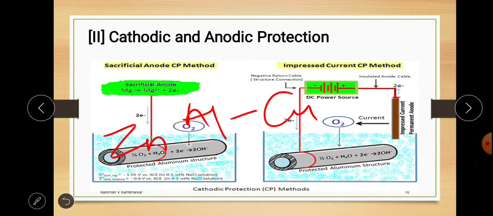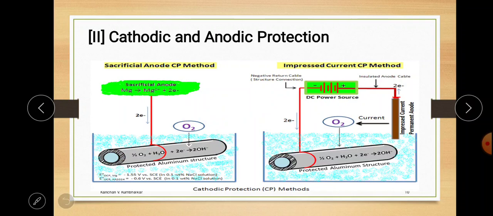Now, the next method is the impressed current cathodic protection method. In this case, the anode and cathode are there, and because of the electrochemical series corrosion has started, but we give a high inverse DC power to the anode, due to which a negative current goes to the anode, its anodic character is suppressed, and it acts as a cathode. Then an impressed current has been given.